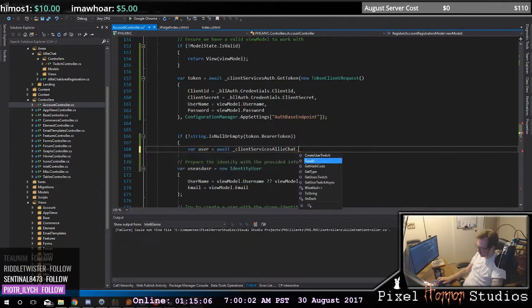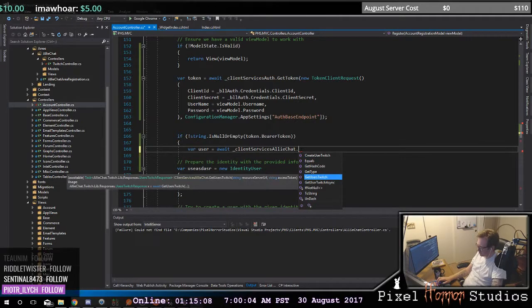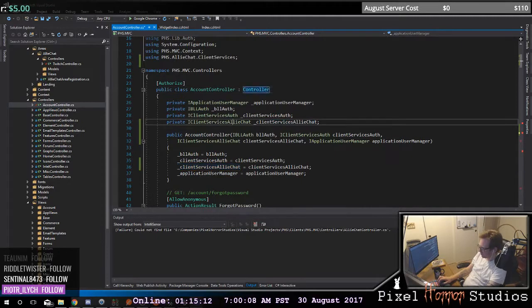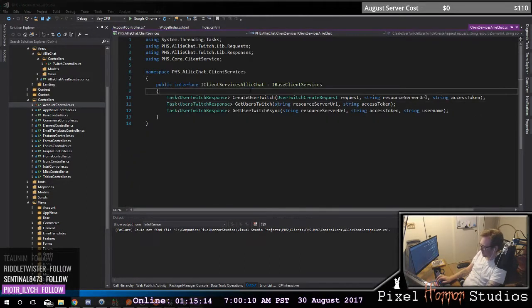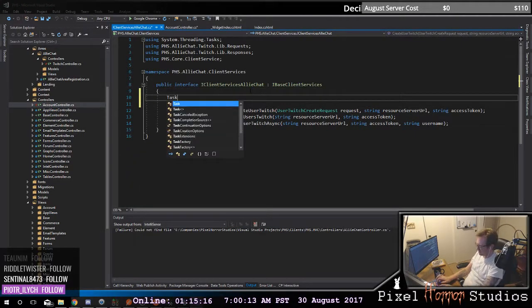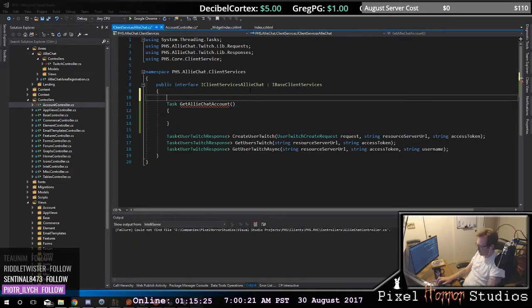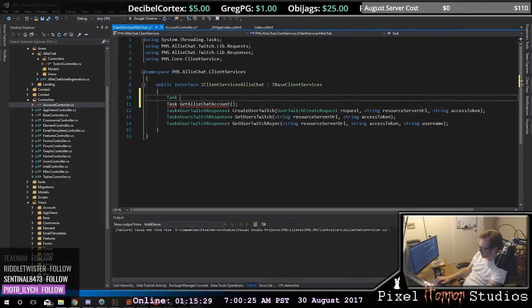And this one you want to, this thing here, you need to have another one in here called task, and it's going to be called get alley chat account. And then you're going to have another one up here called, oops, and this is an interface, right? Another one here called